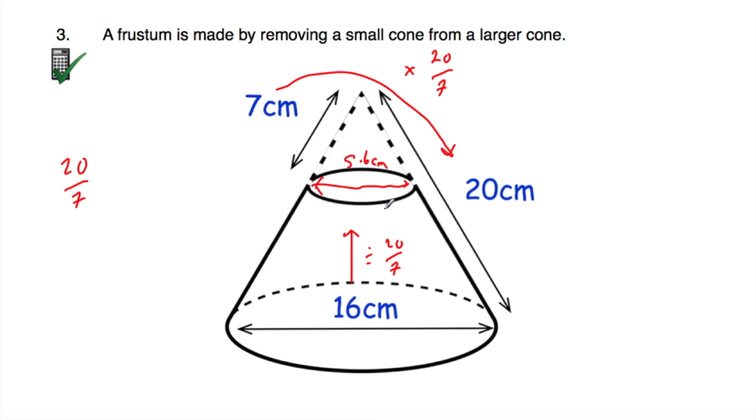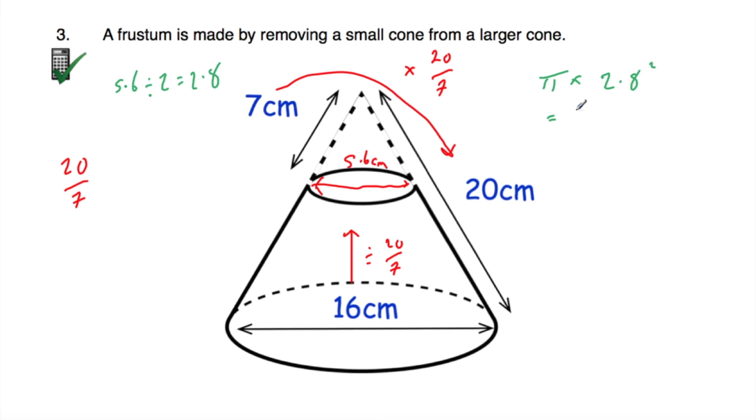So that's fantastic. We can now work out the surface area of the frustum. So let's work out the area of the circle at the top of the frustum. It's going to be pi times the radius, which would be 2.8, because 5.6 divided by 2 is equal to 2.8. So pi times 2.8 squared, and that'll be the area of that circle. So if we do pi multiplied by 2.8 squared, that's equal to